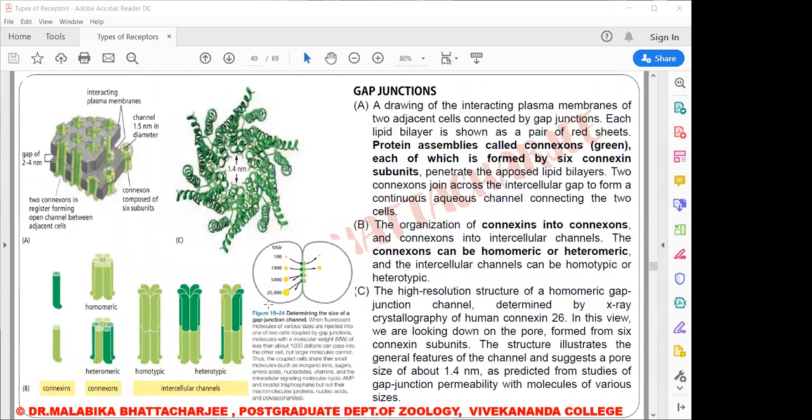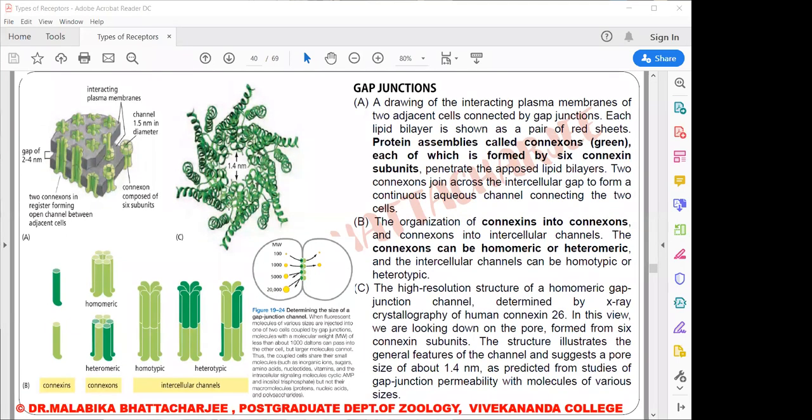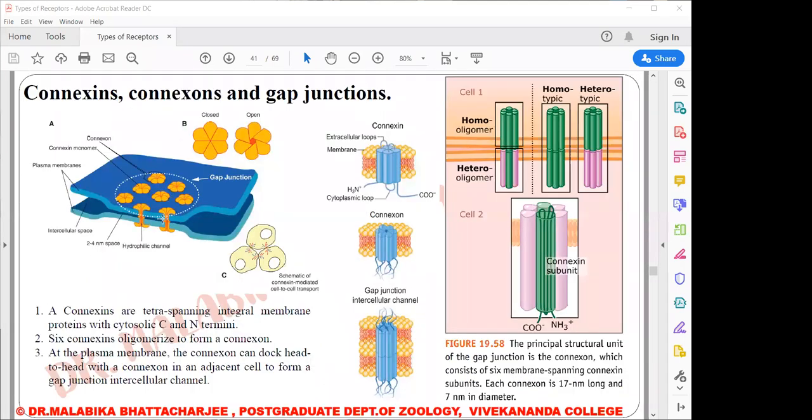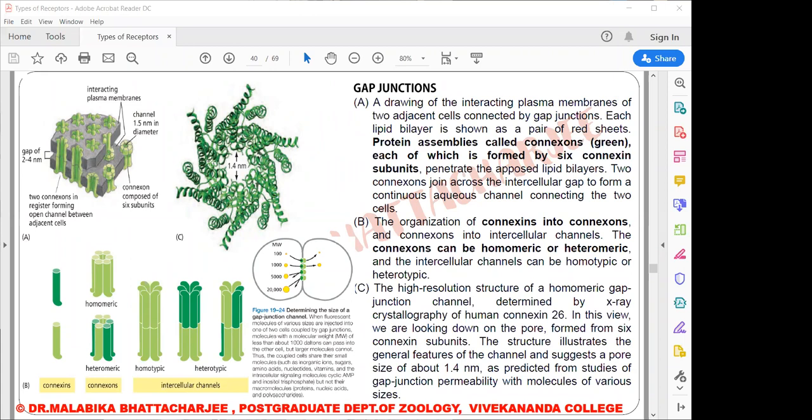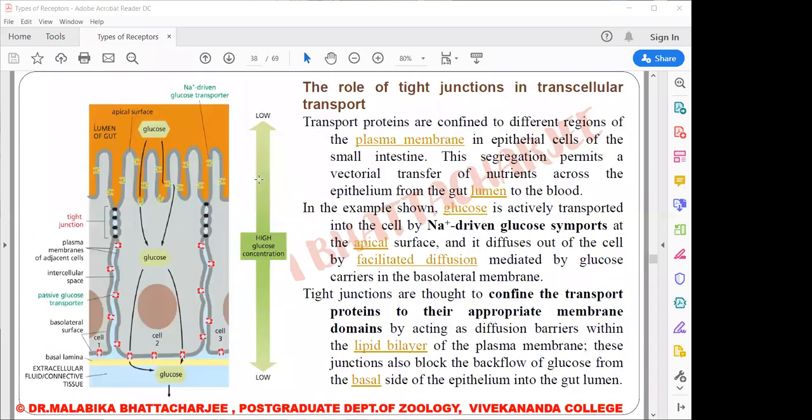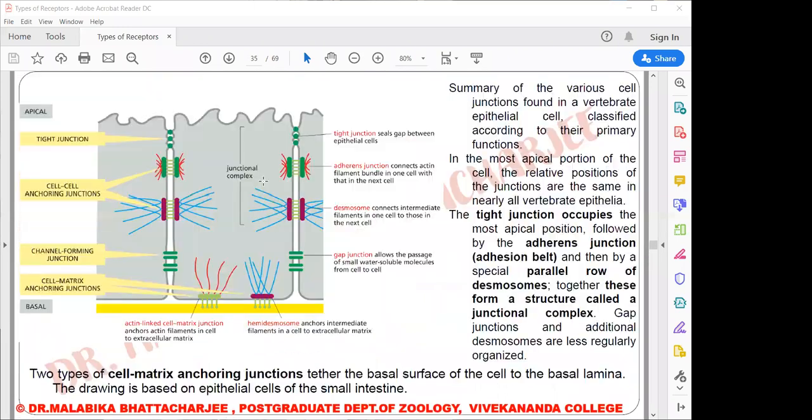Now we move on to the next junction, that is the gap junctions. Now this is the drawing of a gap junction. I would like to show you one more picture. This is how the gap junctions look when they're present side by side in two membranes. So these are gap junctions. As you can see, from the name you can visualize, or let me go to the initial simplified picture. These are basically channels formed between two adjacent cells. So there is a gap, and from that the name gap junction comes.